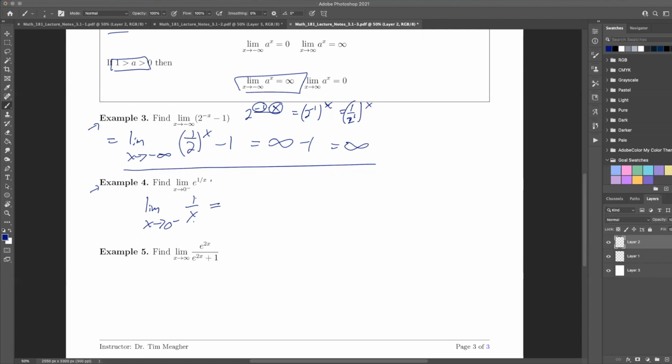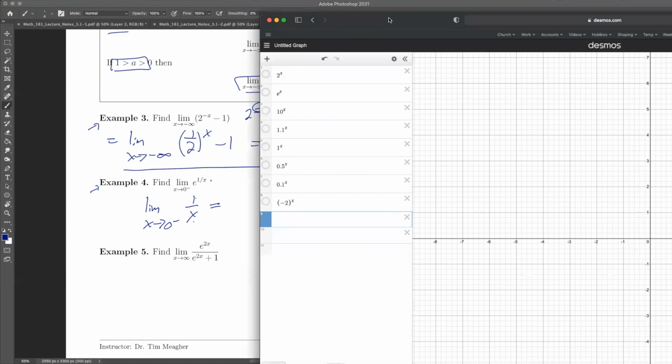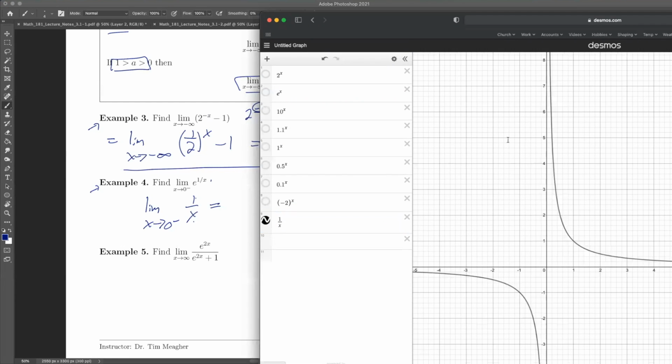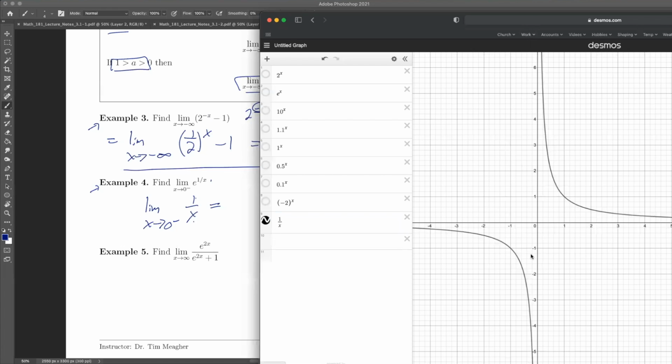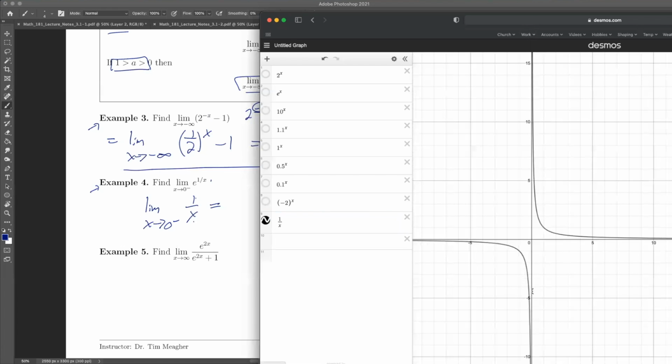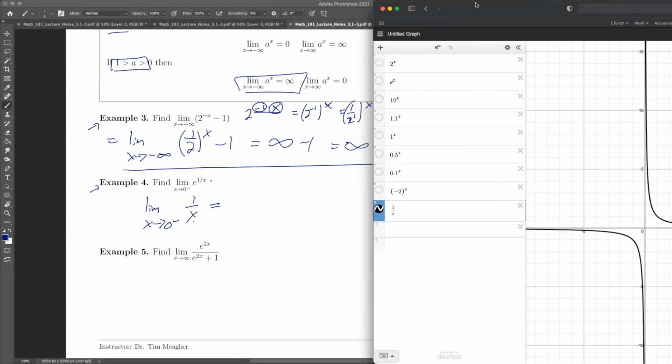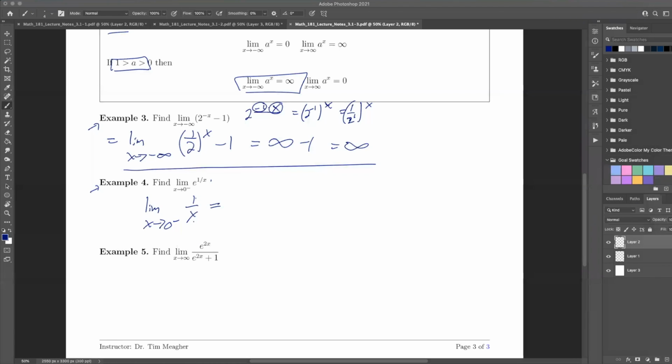I have 1 over x, and I want to go to 0. Now, can I actually put in 0? Of course not, that doesn't work. 1 divided by x, but here, what does it look like? It looks like negative infinity. So if I'm coming in from the left side, it goes to negative infinity. So this is equal to minus infinity. Okay, and so once I know this, I can rewrite this one right here as equal to the